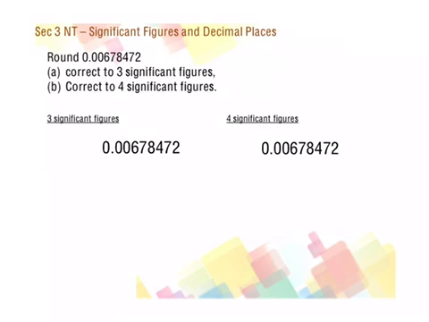Three NT significant figures and decimal places. First, let's look at the following number, and we will want to try to correct it to 3 significant figures. What is the meaning of significant? It means the first non-zero number that is shown, followed by the remaining numbers that are going to be meaningful. So in this case, I have